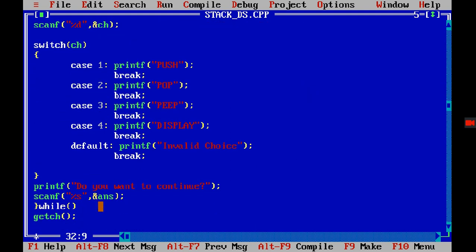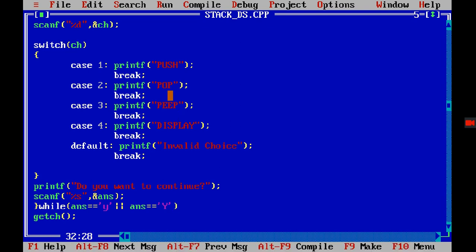Then I need to check that if ans is equal to y, right? Now it might be possible that the user may enter y in capital or small letter, so I need to check for both. So I can use logical OR, and then ans is equal to capital Y, right?